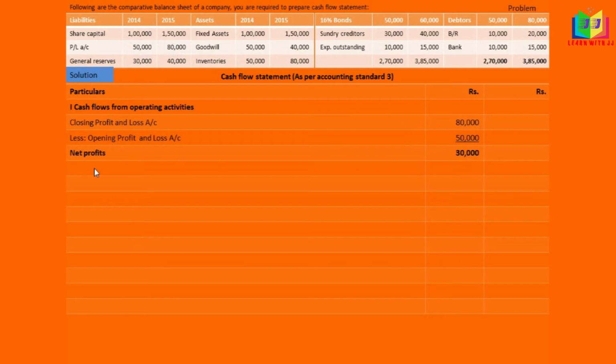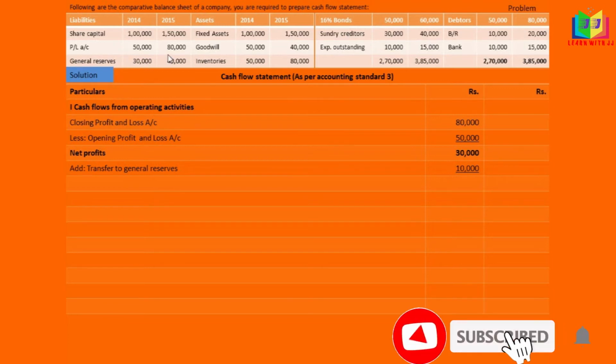Now we have to add the transfer to reserve. See, here general reserve is 30,000 in the opening and in closing it is 40,000. So 10,000 was transferred to this reserve, so that we have to add here: transfer to general reserve 10,000. We don't have any other items like dividend and taxation. So we'll move on to the